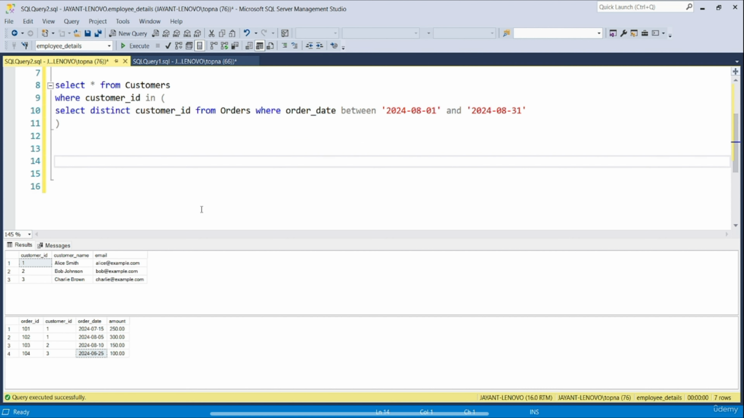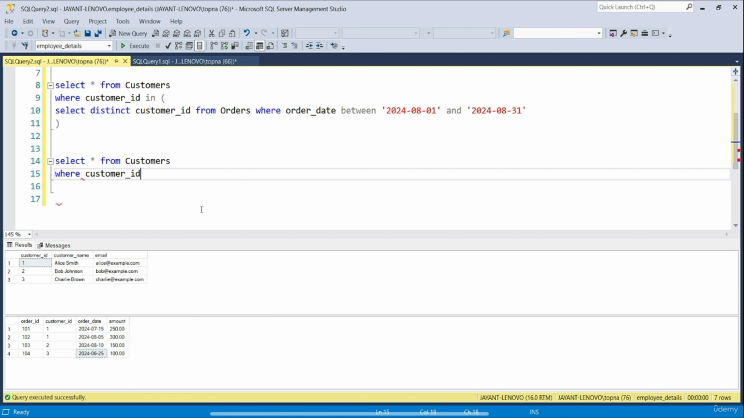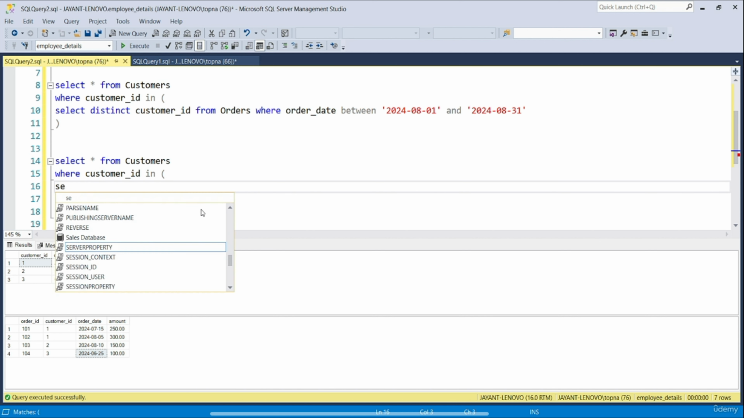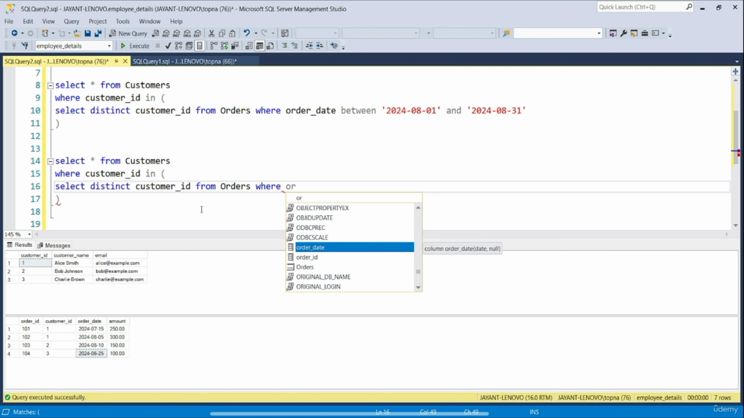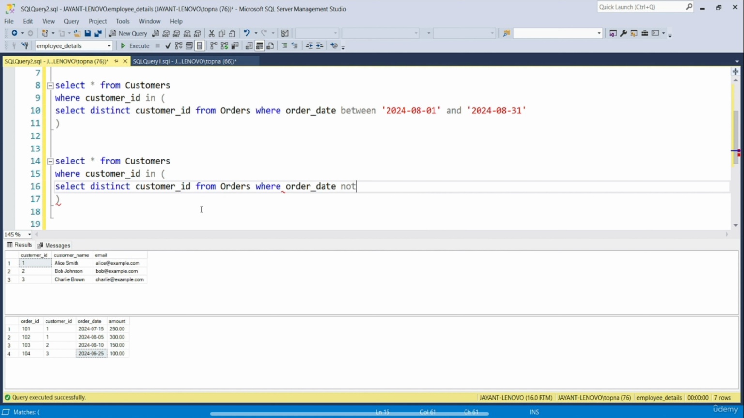So this time we will write select star from customers where customer ID in, bracket open, press enter, come to the next line, bracket close. Inside the bracket, we will write select distinct customer ID from orders where order date not between